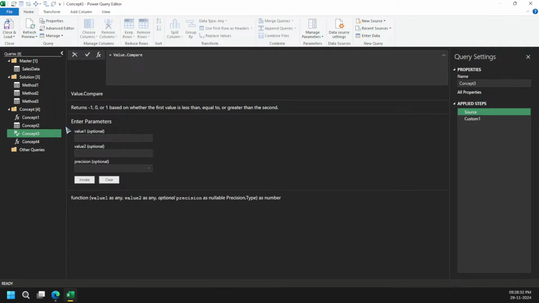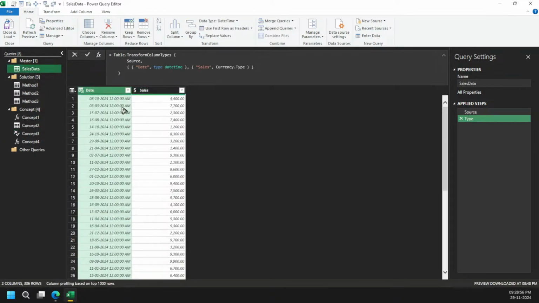So in a way, both of the functions work the same way. The only difference being value dot comparer accumulates everything. You can type your values, you can type your numbers and everything. So that's what we are going to do. The reason being, you can see it will ask me to convert them into numbers. Got it? So that's what I am going to do.